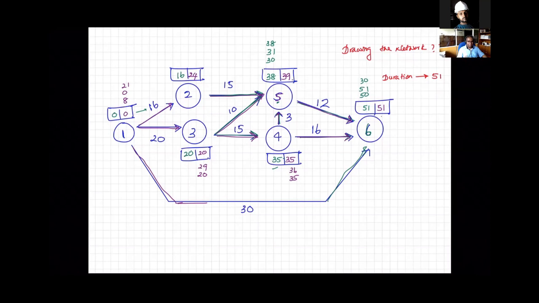So Niroja has asked, can't we minimize 6 to 1? What do you mean by minimize? Is it neglecting the arrow? No, we can't neglect it because it is given to us. Because it is given to us, there may be some requirement. Let's say, I don't get an exact example at the moment.